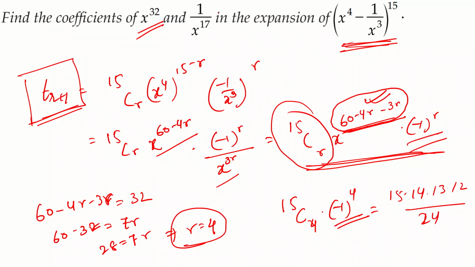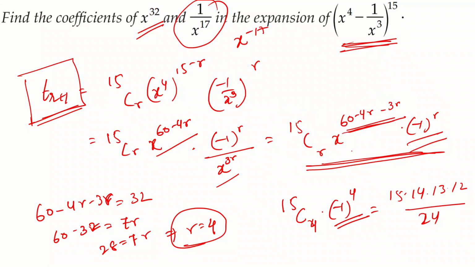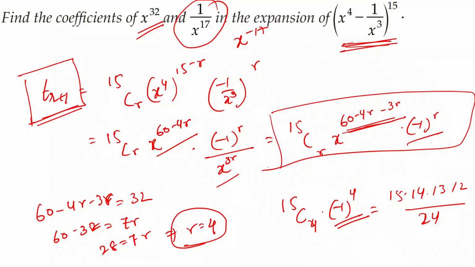In a similar way, you can do this thing. I'm just giving you a hint. You try it out on your own. You have to find out the coefficient of 1 by x to the power of 17. 1 by x to the power of 17 is actually x to the power of minus 17. So what you do, we have already found out the general term. This is the formula for the general term. So we want this power now to be minus 17. So you just equate it to minus 17 and find out which value of r is coming out, and you just put r over here and here, because these are the things that are giving us the coefficient, and we are done. That's it. You don't have to do anything else.